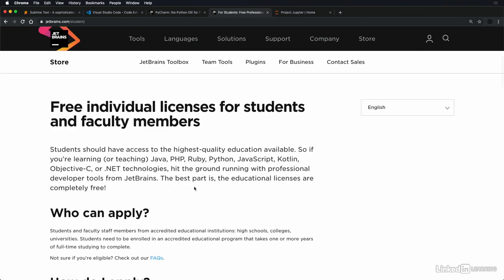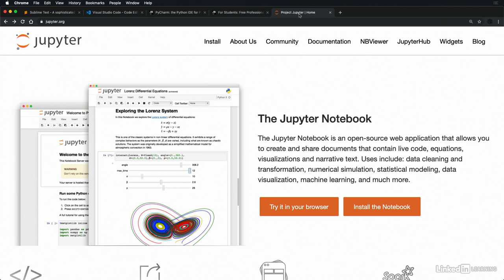And finally, another popular option is Jupyter Notebook. The Jupyter Notebook is normally installed using a Python distribution called Anaconda that comes packaged with a lot of scientific and data visualization libraries. It can be a little bit tricky to get set up, and I don't necessarily recommend it for beginners, but I wanted you to be aware of it as you'll likely come across it during your